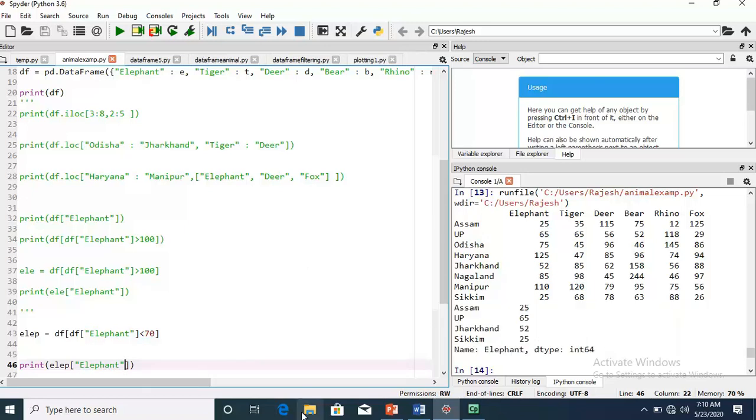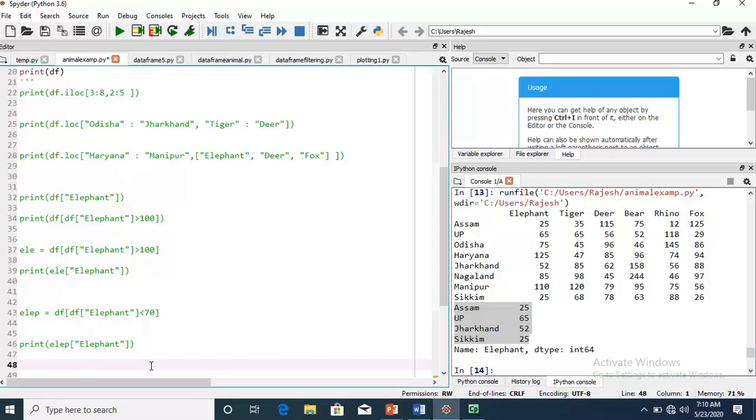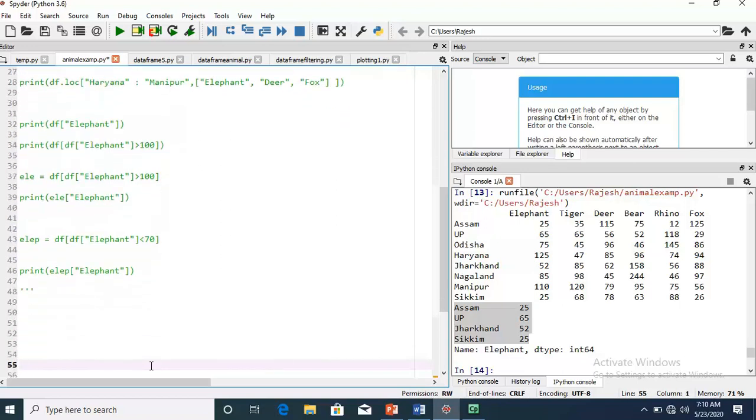You just see these are all the states which have fewer than 70 elephants. Okay, I hope you are understanding. In case of any problem, you may ask a question on my blog, or at the time of class. Okay, let's move to the next question.